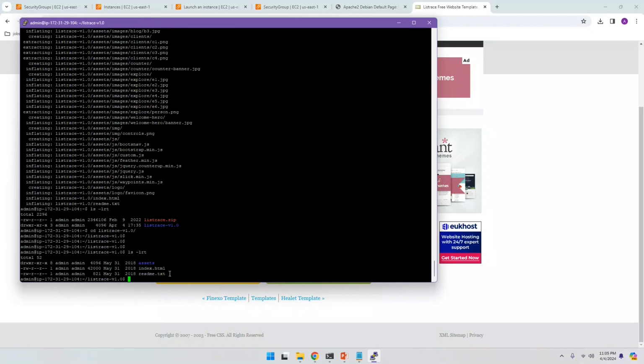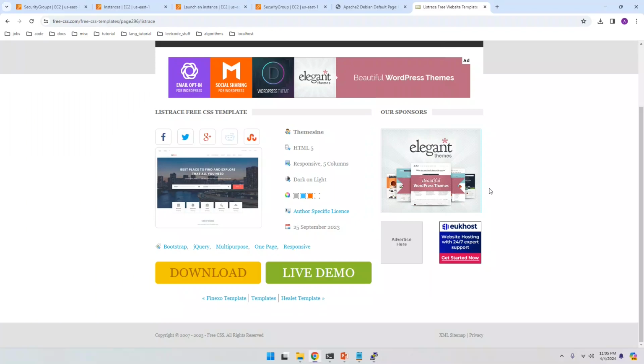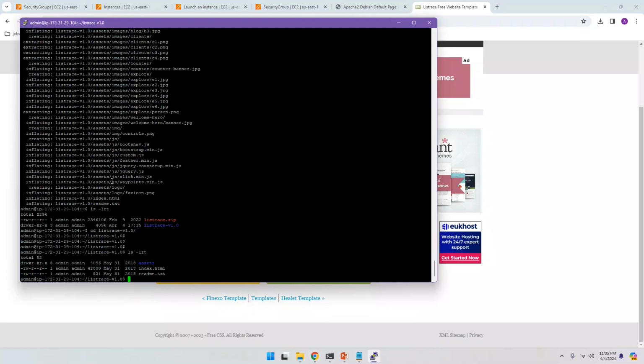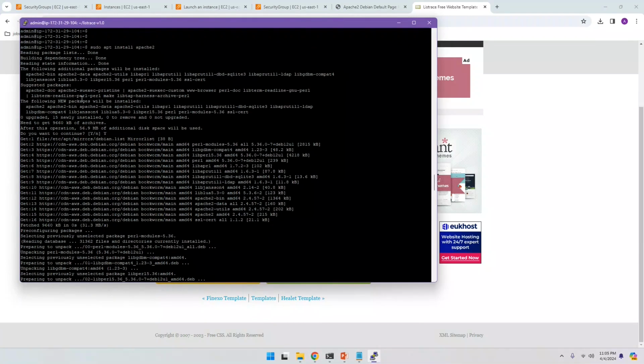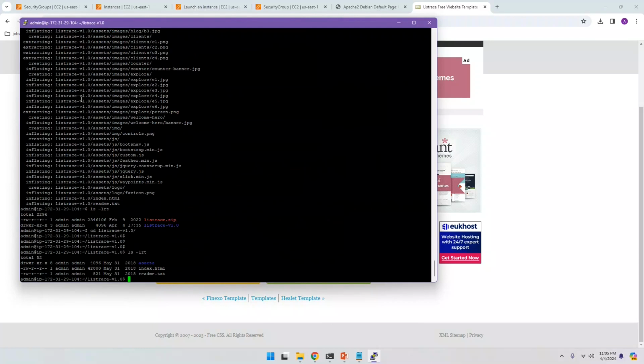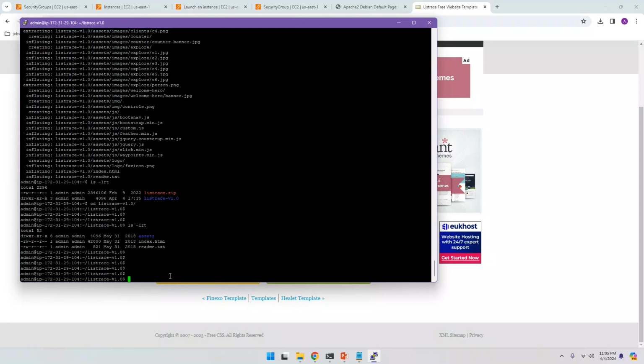Okay, so what we want to do is transfer the content of this directory list trace, which is responsible for producing this particular beautiful page, into the var/www/html directory. The command is mv, everything that is present inside the directory, move it into